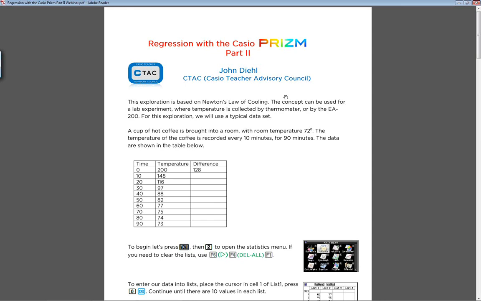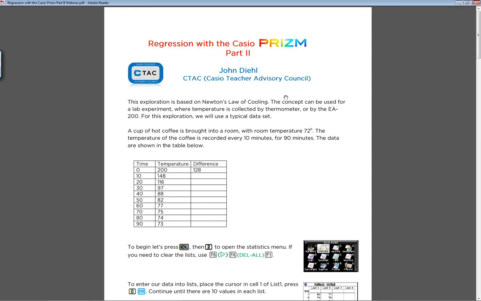One of the most fun ways to do this, if you look at the context here, imagine we're bringing in some hot coffee or hot chocolate or some hot liquid into a room with a known room temperature, and we just leave it sit there so that it cools down. It's actually very interesting, especially for students, if you collect a great amount of data. Perhaps you would record the temperature every minute for, say, an hour or an hour and a half.